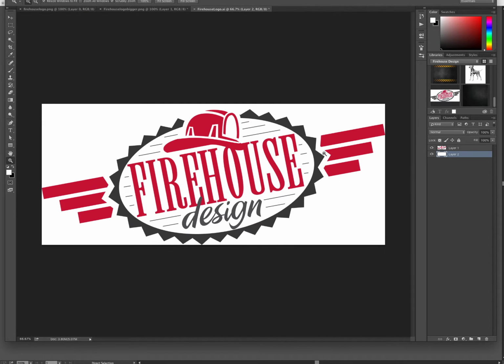If you save this file as an EPS, it's still a rastered file. It does not magically become vectored. So it's important that you understand that you start with the Illustrator file that is drawn vectored and you export from there. So if you need a logo that is vectored, if you've never had one and you've run into this request before,